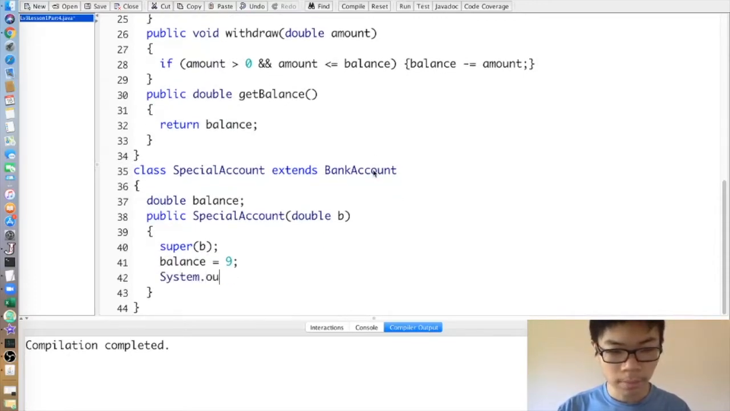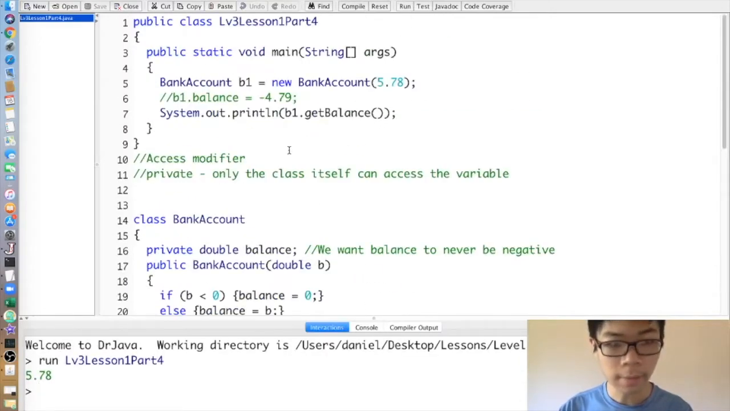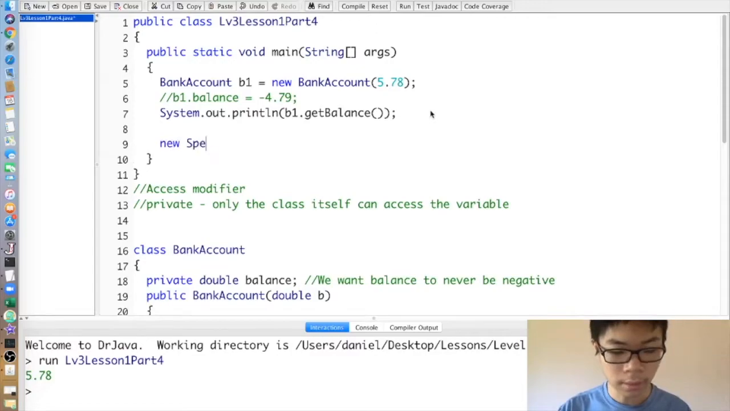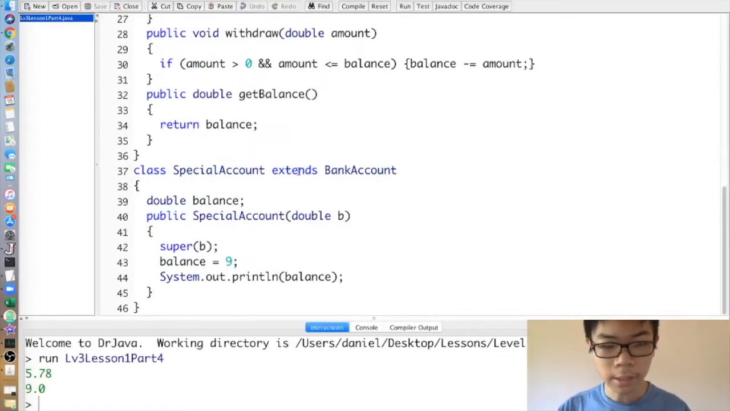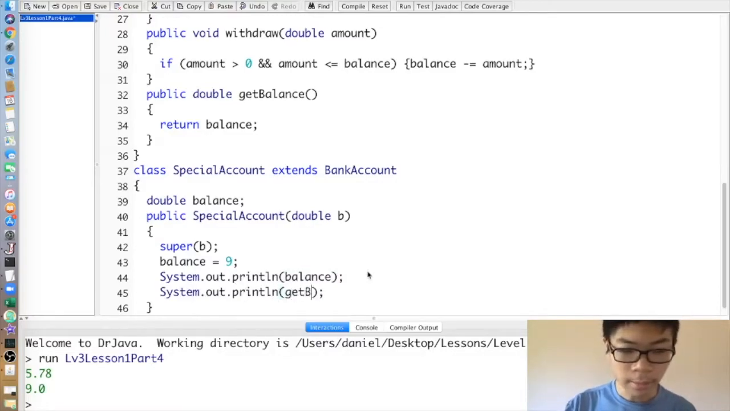So now when I print balance, it appears to be changed if I create a new special account. So if I create it with 6, over here it appears to be changed to 9. However, this has some problems. For example, if I instead print get balance,